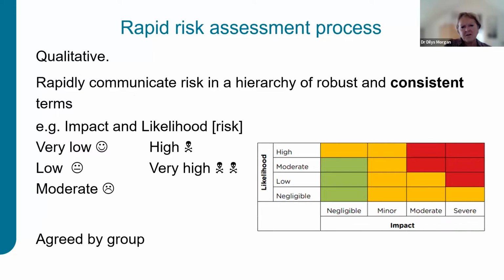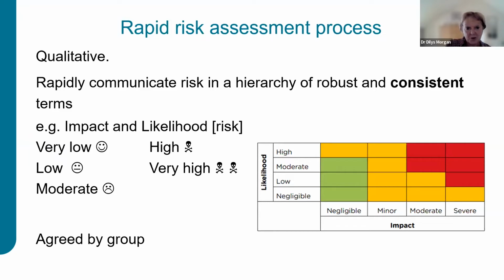Now, within the risk assessment process, it's qualitative, but you need to communicate risk in a hierarchy of robust and consistent terms. I think consistent is important. If you use a set of risk descriptors, and there are two examples there, there's one that we used in the UK, which just has 5 categories of very low, low, moderate, high, and very high. But I've also shown the tripartite JRA, where the likelihood and impact have slightly different descriptors, but it doesn't matter which system you use, but it's